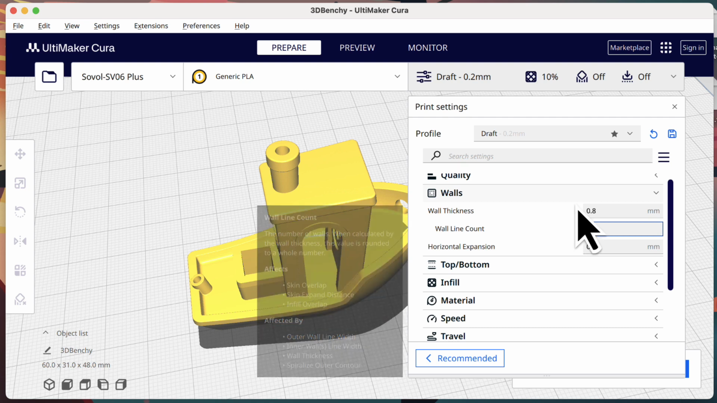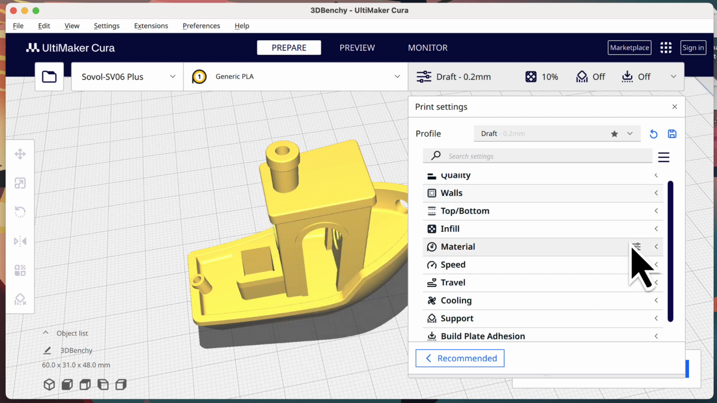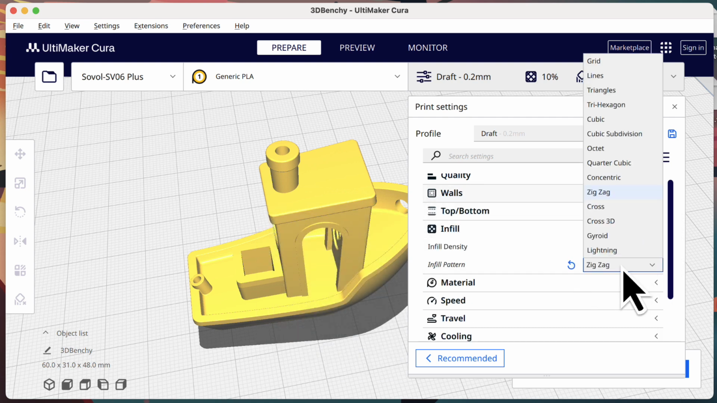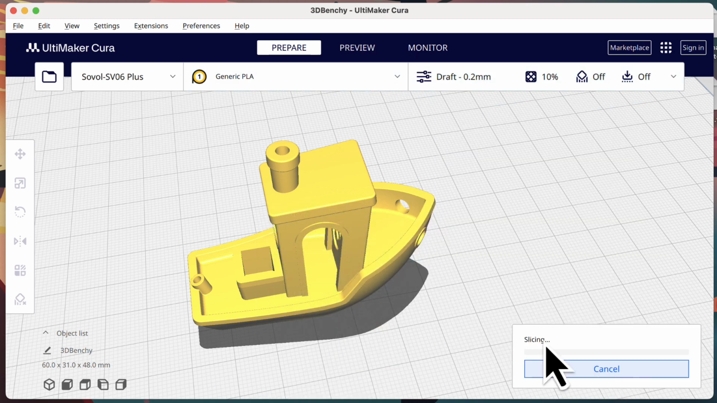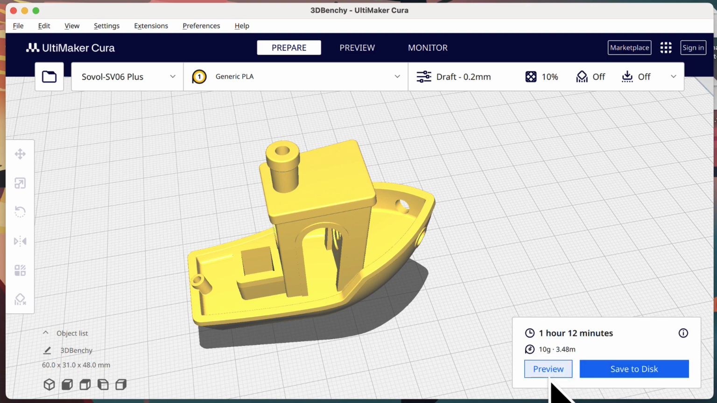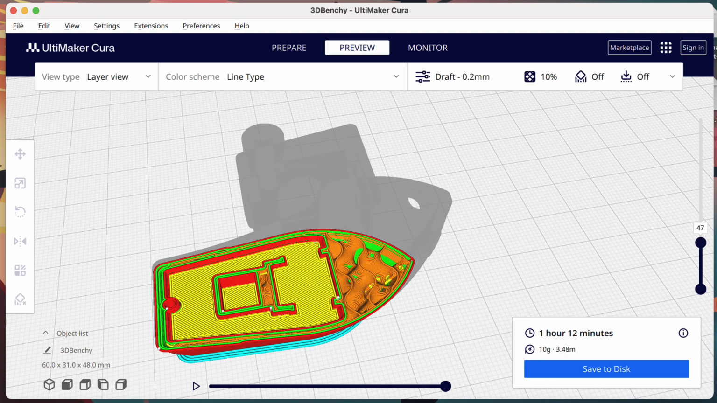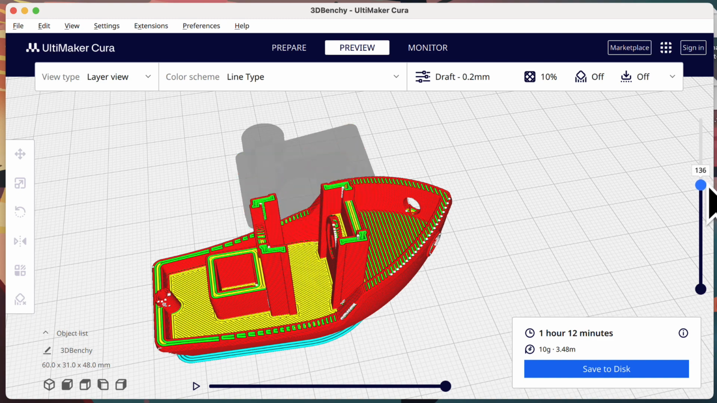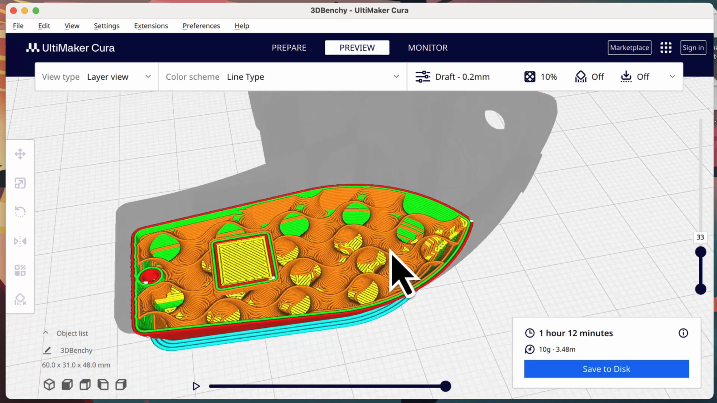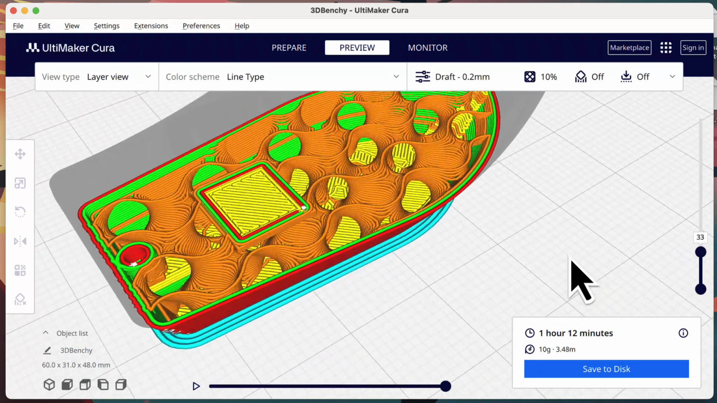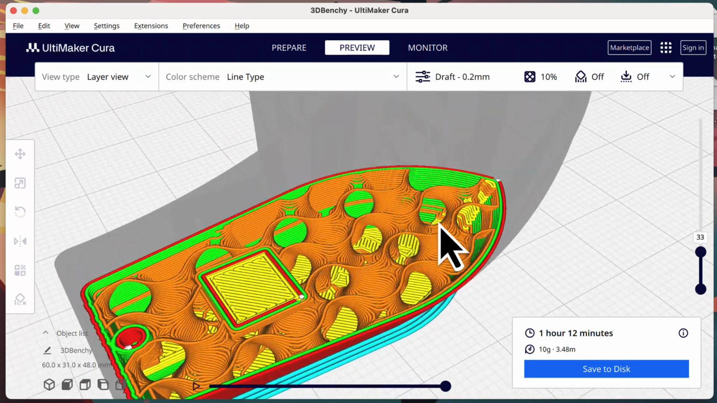So normally it would be set at two walls here. We come down to infill, and it's often set at gyroid. If we go ahead and slice this, let's take a look at what I'm talking about here. Let's preview that, and I've already gone ahead and scrolled down to about layer 32. So if we come down here, the inside of this, the infill as we've defined it, is 10%, and it's